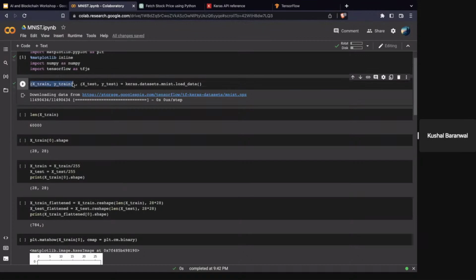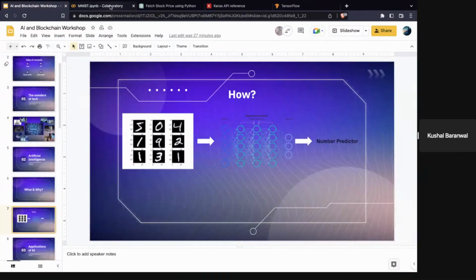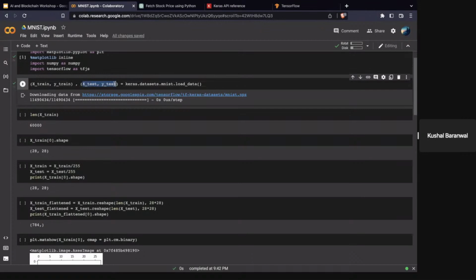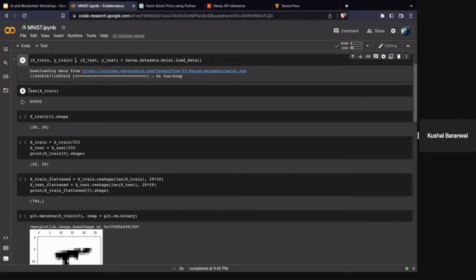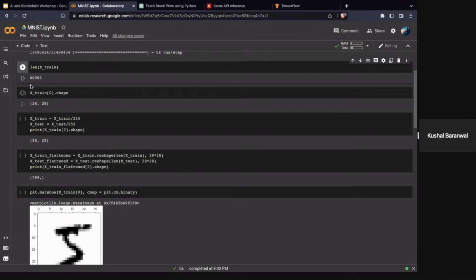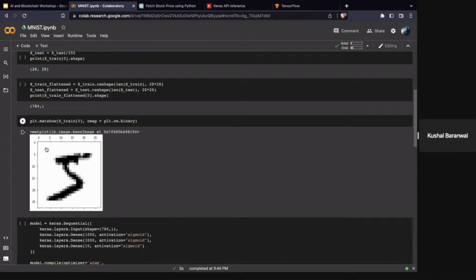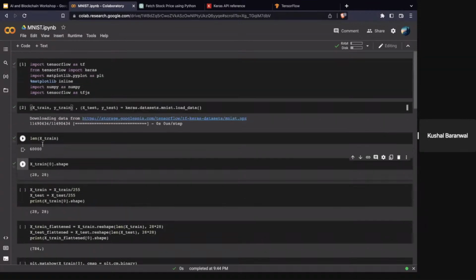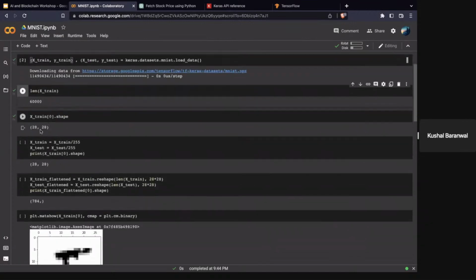So these are the data sets we're going to be changing these values on. And then the test data is just to see how well our model actually does. So the length of the train data is 60,000. I mean, quite a lot. So 60,000 hand-drawn images. And if you look at the shape, you'll see that it's an array of 28 by 28 pixels, right? I've drawn the image here, so you can see Matplotlib shows that it's 28 pixels by 28 pixels. So each digit will be these many pixels.